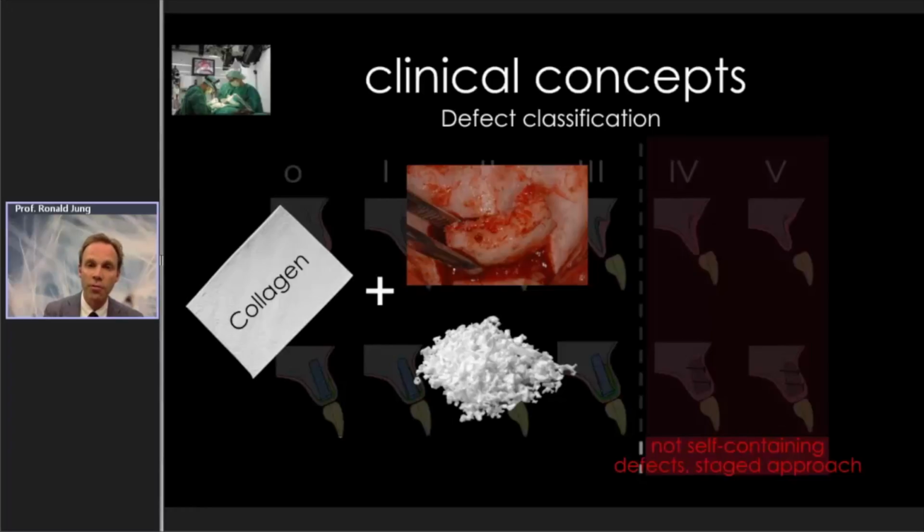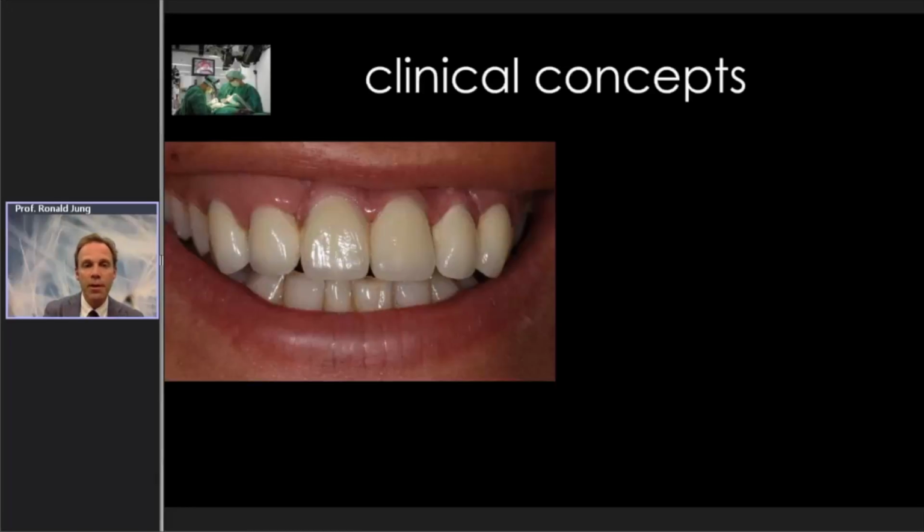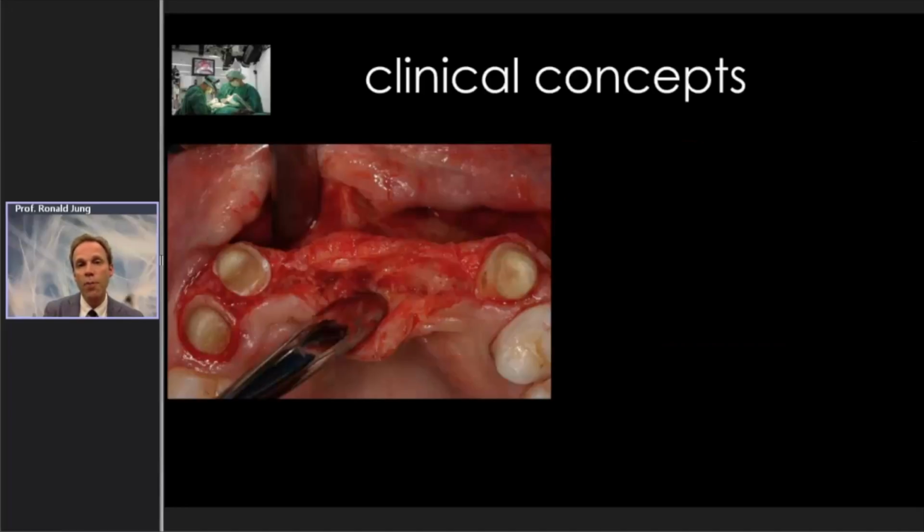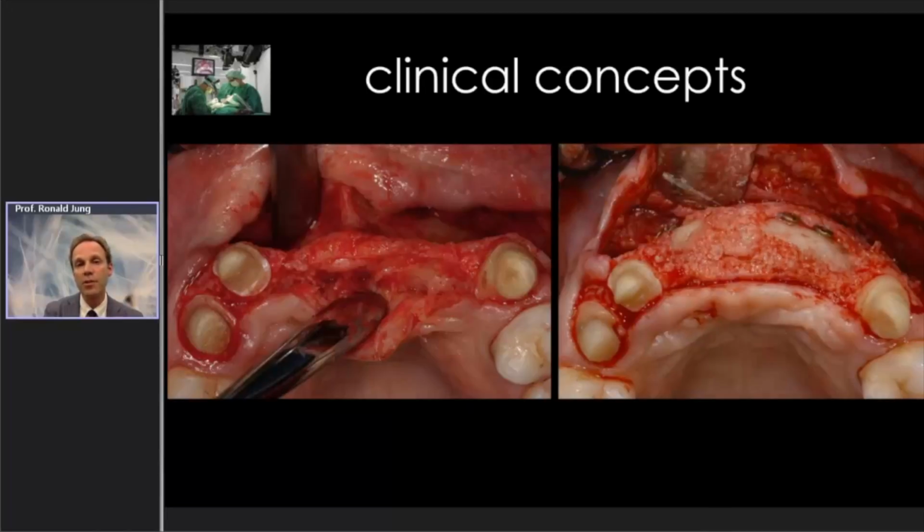Here is a clinical example of a young lady who has an old bridge, and she was very unhappy with this artificial soft tissue there. After removing this bridge, you can see how much reduction of bone and soft tissue has taken place. And here it was obvious that there is no option to place implants simultaneously with the grafting procedure. So here we do need to do a primary bone augmentation procedure. This has been performed with autogenous bone blocks and additional graft materials.